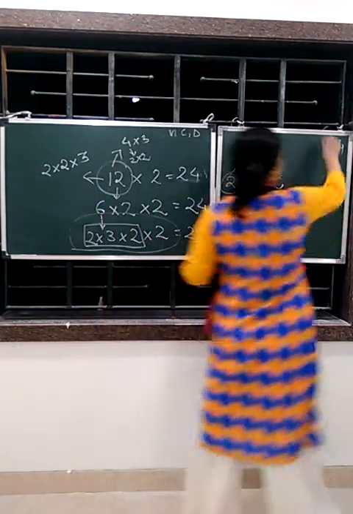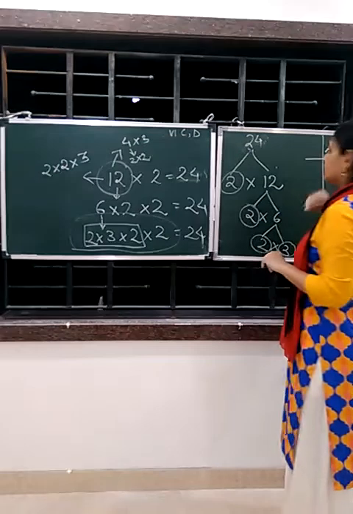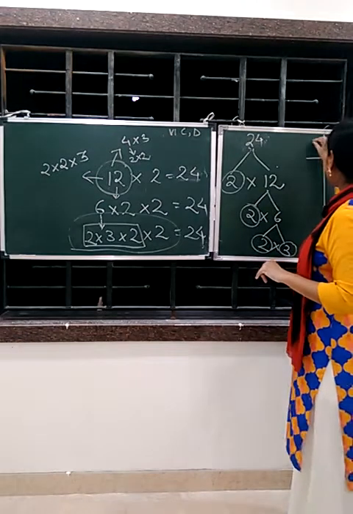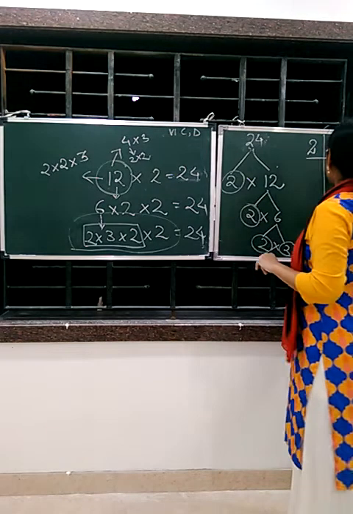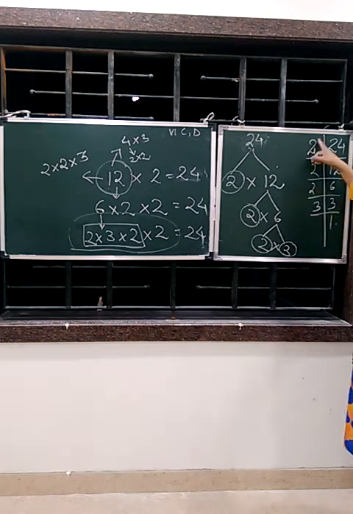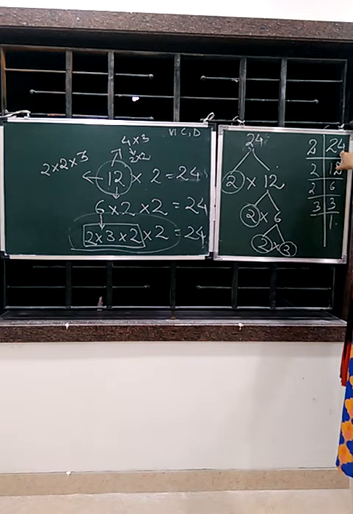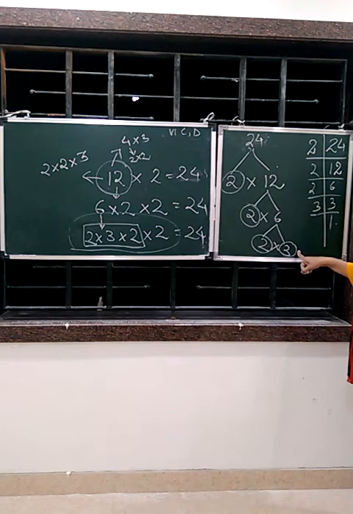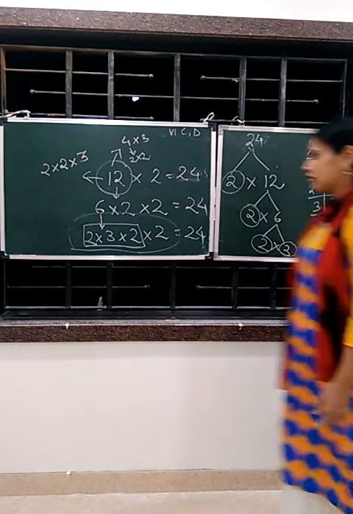There is one more method which is the division method, which we used to do something like this. This becomes the dividend, this becomes the divisor. So 2 12s are, the quotient we write down. Yes, why? Because we have to further solve it. Then 2 6s are, 2 3s are, 3 1s are. Now these are the prime factors of 24. So this is known as the division method to find the prime factorization, and this is the factor tree method to find the prime factorization.